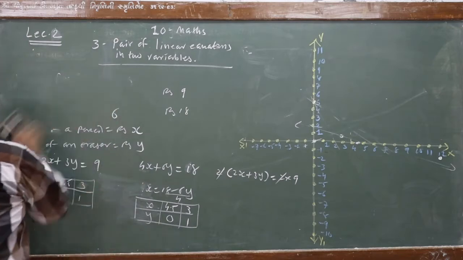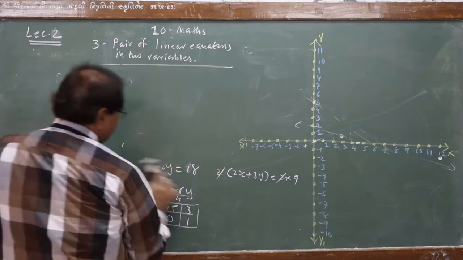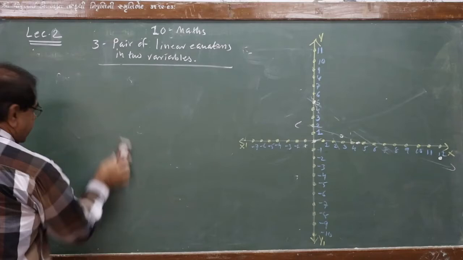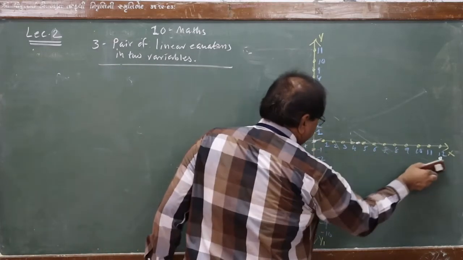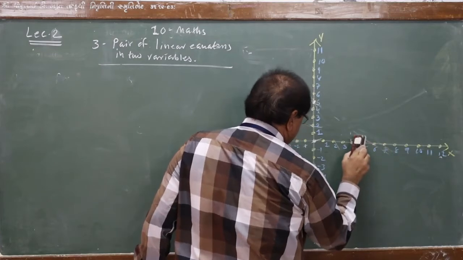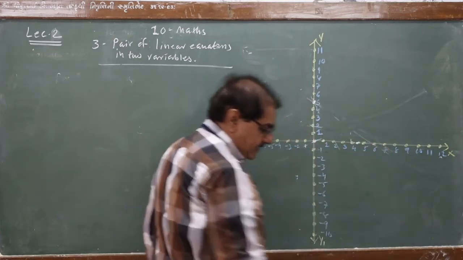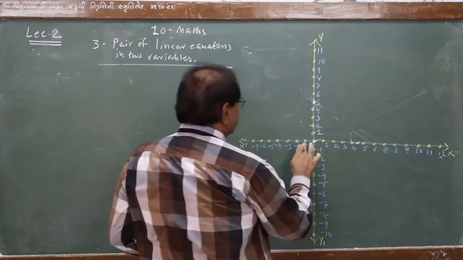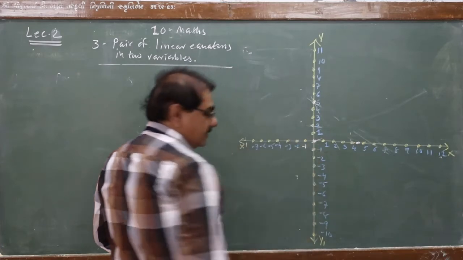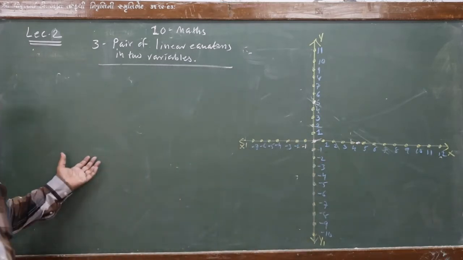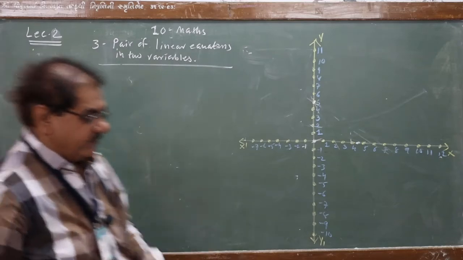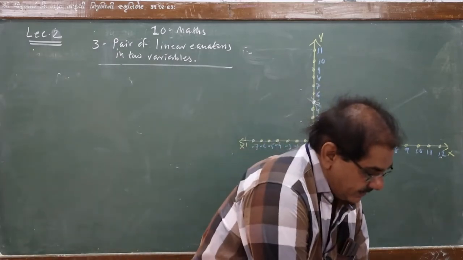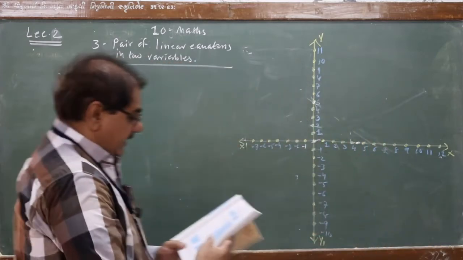So we took 2 examples. In the first, in the case of Akhila, the lines of both the equations were intersecting each other. In the second question, in which Romila and Sonali bought the pencils and erasers, both the lines are coincident. And we take one more example, which is example 3 in your textbook.